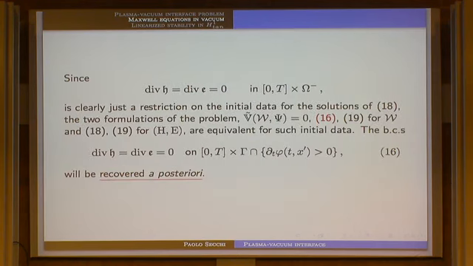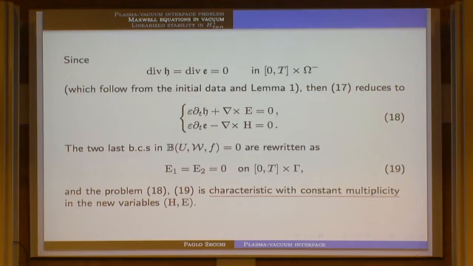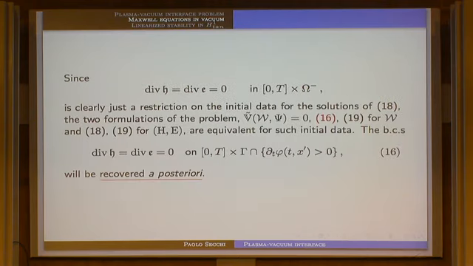Okay, since these 2 equations are just a restriction on the initial data, if I go back here, I just take the divergence of the 2 equations. Divergence of curl is 0. So the divergence has a time derivative that is 0, and so it is conserved. If it is 0 as the initial data, it is 0 forever.